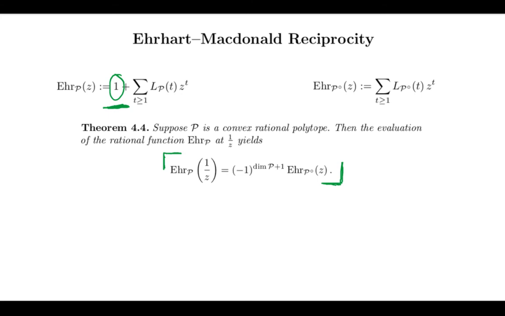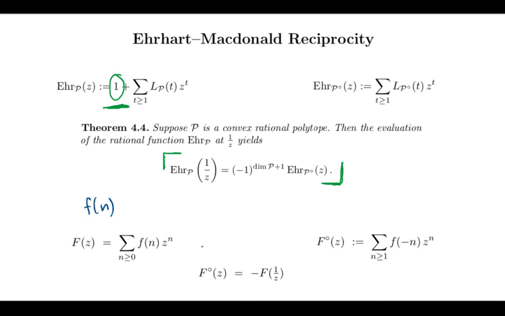What I'd like to deduce now is a reciprocity theorem on the level of Ehrhart polynomials or Ehrhart quasi-polynomials. And this turns out to be not exactly straightforward. It's not deep, but there's now some steps necessary on the level of generating functions. In the book, this is being done through a series of exercises, but let me tell you sort of the philosophy behind this. So in the following situation where we have some function f